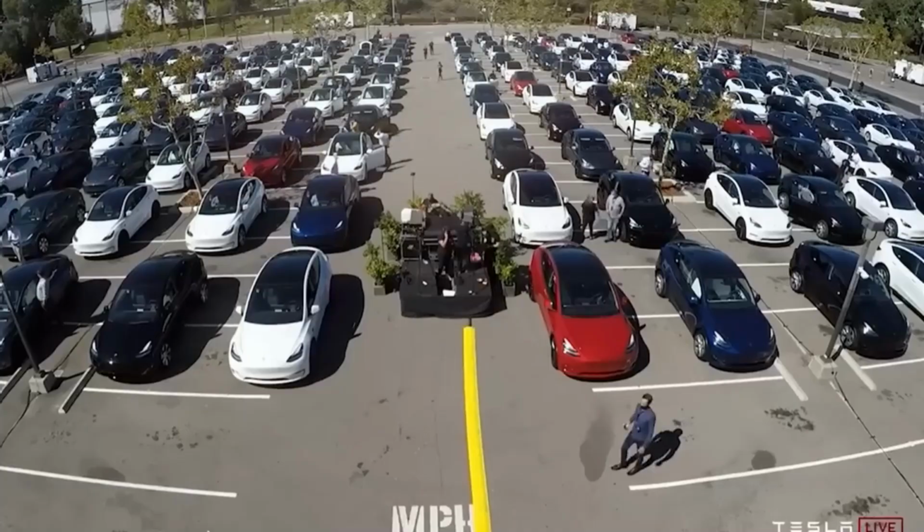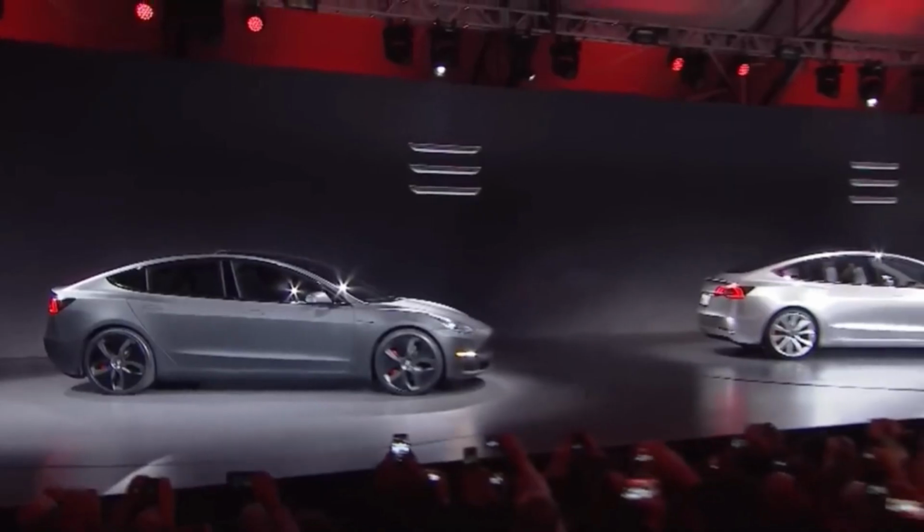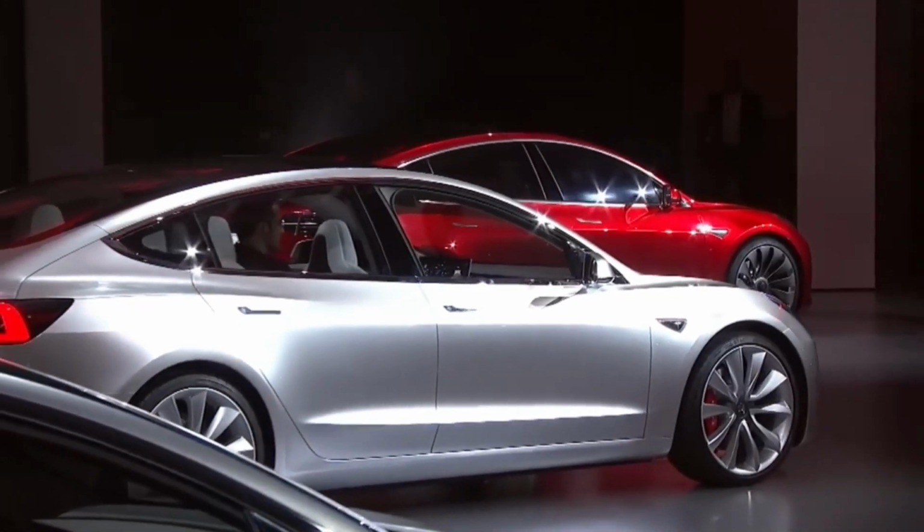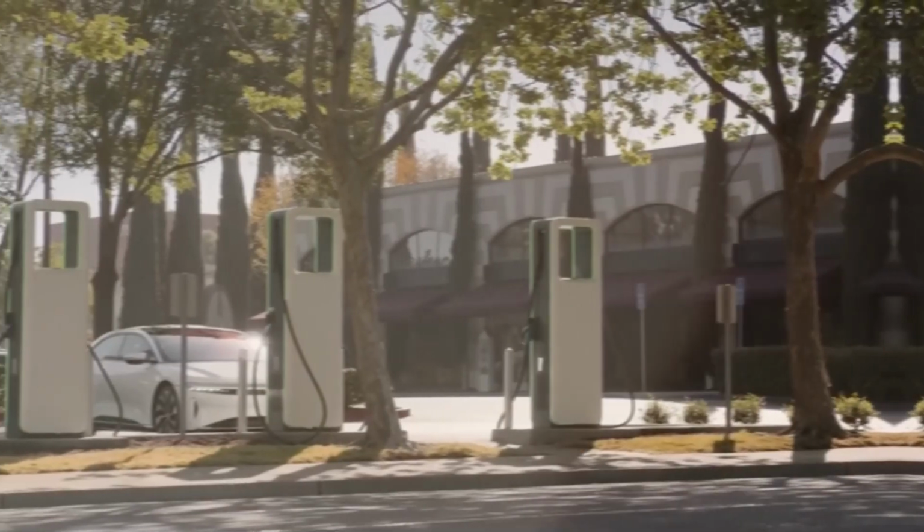Government incentives and policies promoting EV adoption also play a crucial role. Many states offer tax credits or rebates for purchasing electric vehicles, making them more appealing to consumers. As these incentives become more widespread and substantial, they are likely to further drive the adoption of electric vehicles across